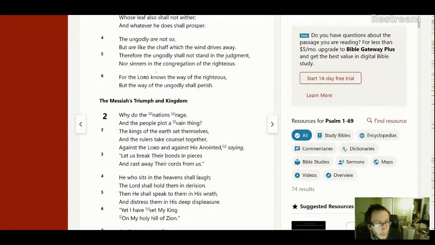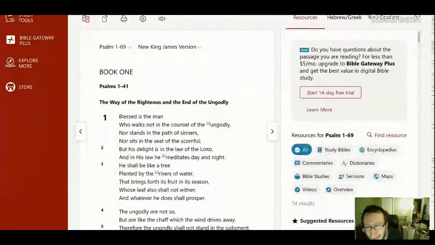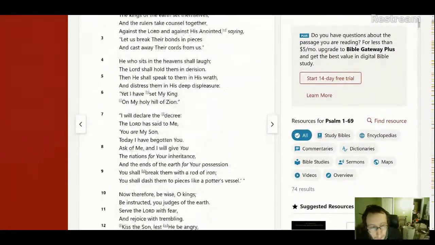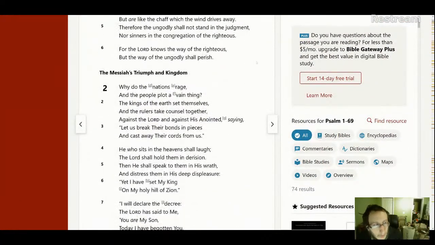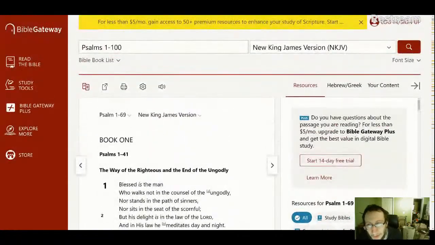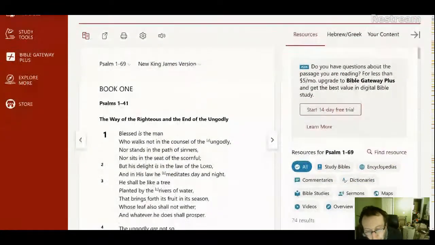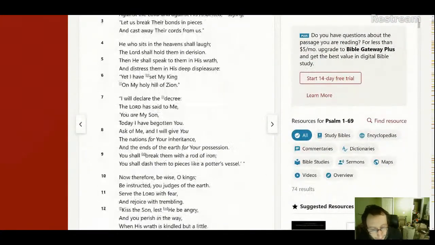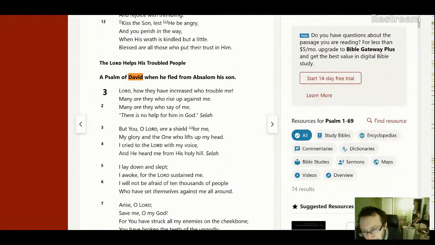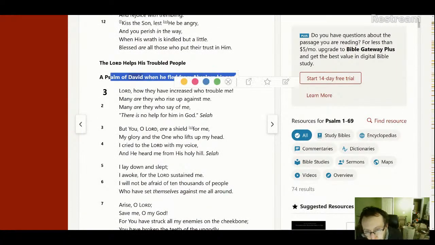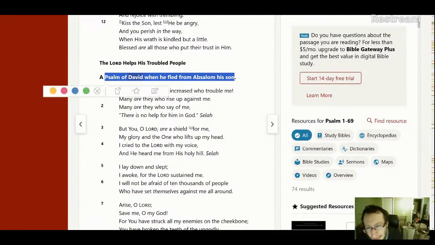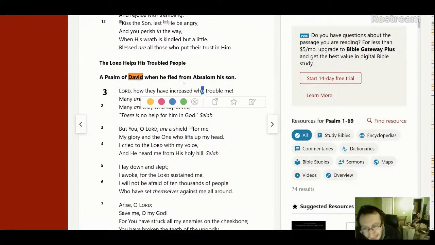So the question: why does it say David wrote certain Psalms, but elsewhere it doesn't tell us why or who wrote it? Like in many of the other Psalms, it doesn't say David wrote it. But why does it say it in some places? Well, I think these titles are not original. They're added by later scribes. So this title was added because they knew that in the apocryphal books, this psalm was sung when this happened.